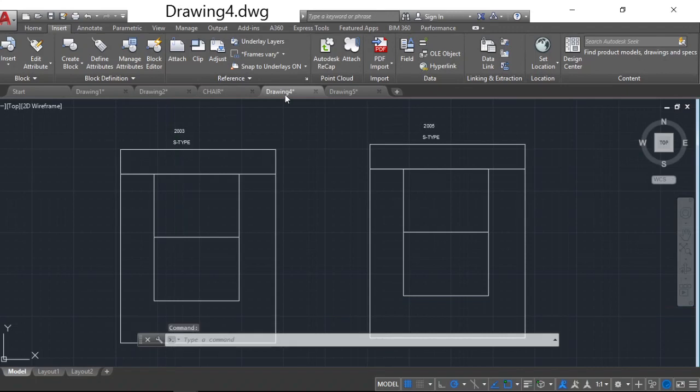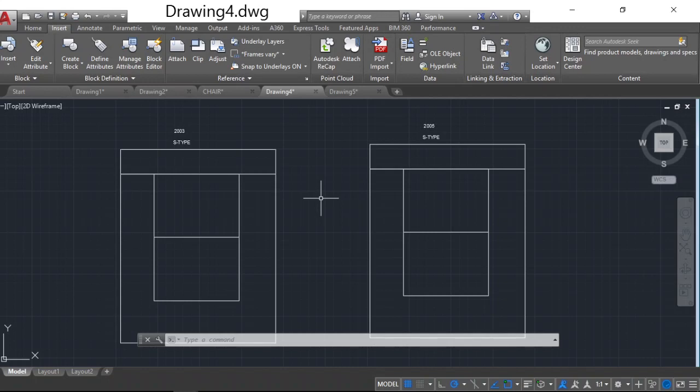Okay, here you can observe this chair has some text: S-type chair 2003 model, S-type chair 2005 model. Those are extra information, text that represents this particular block, right? Now it's time to discuss attributes.